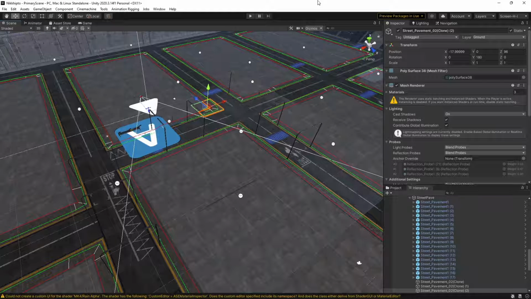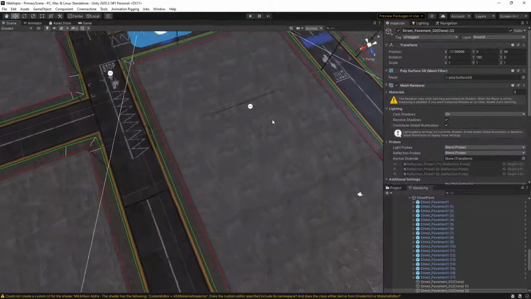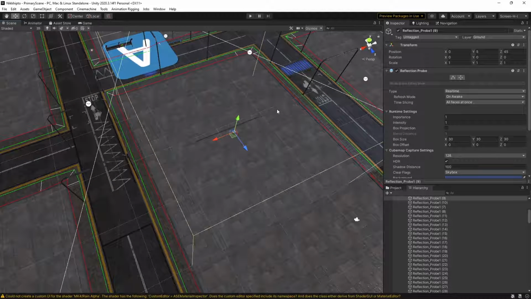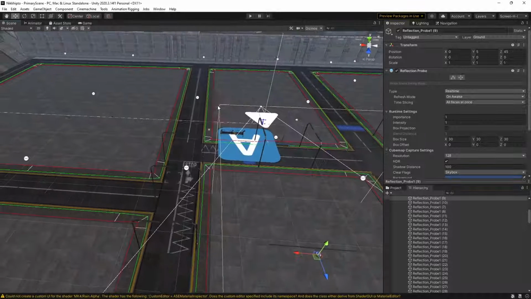I forgot to say some of the key features I have added to this. As you can see, these circle points are actually reflection probes. The reflection probe helps to better catch the light, or better reflect the surface, the lighting actually. And here you can see,